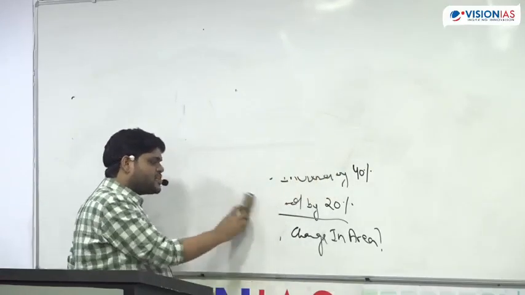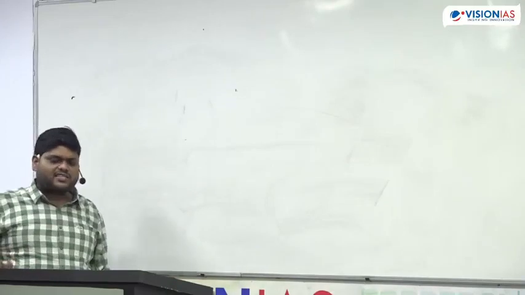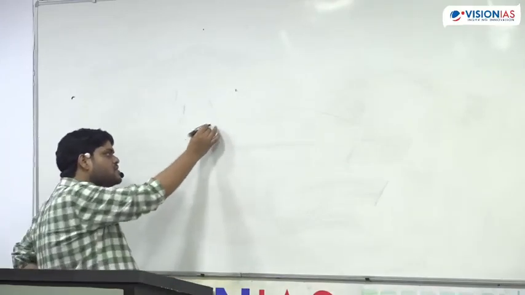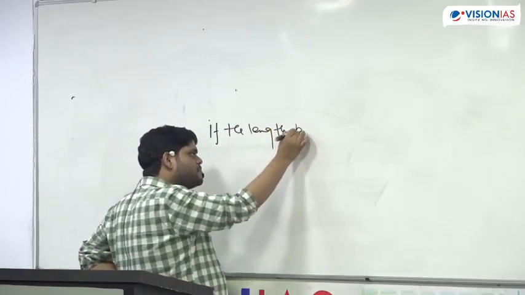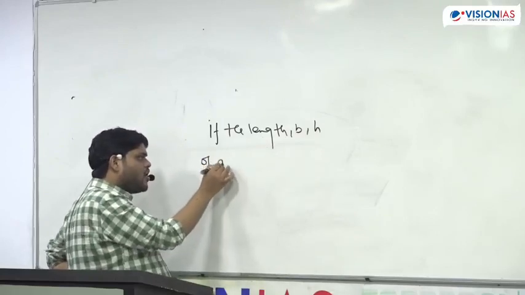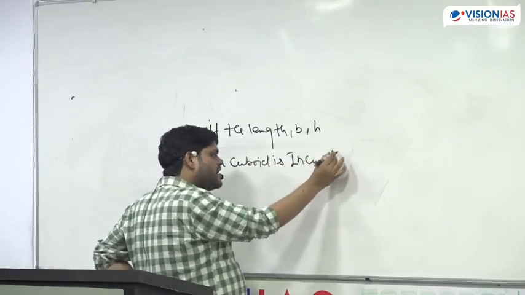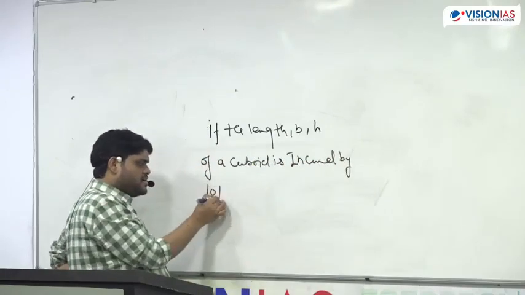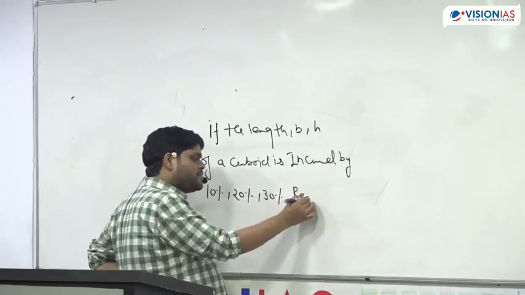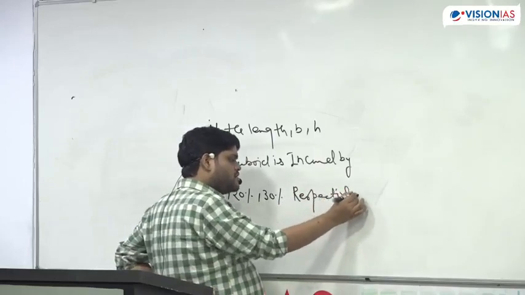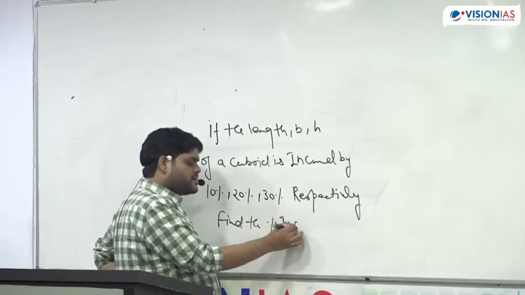Okay, now there is a limitation of the AB formula, which I also need to tell you. Limitation means a longer step you have to take. If the question is like this: if the length, breadth and height of a cuboid are increased by 10%, 20% and 30% respectively, find the percent increment